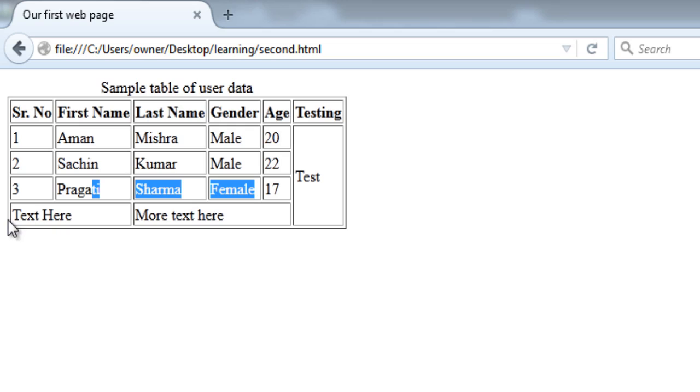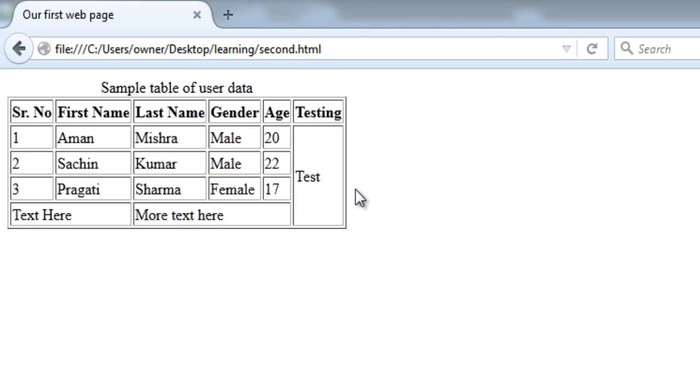After that we have the fourth row which has colspan, this colspan of 2, so it has taken the space of 2 columns, and this colspan is of 3, so it has taken the space of 3 columns. After that we have a rowspan here which is equal to 4, so it has taken the space of the 4 rows. Okay,